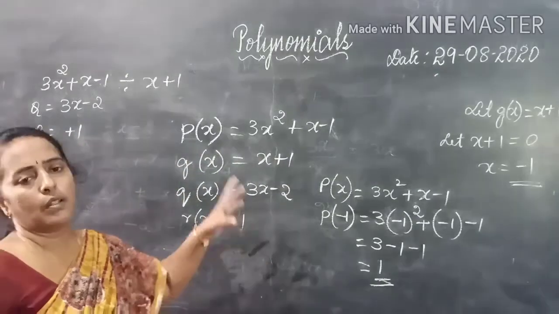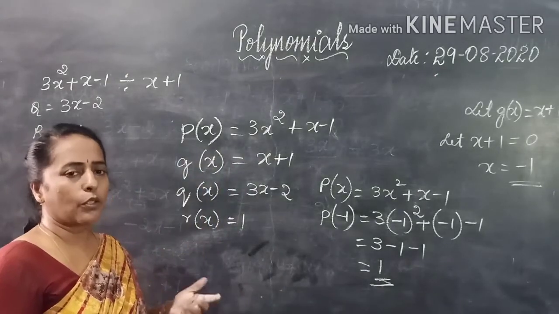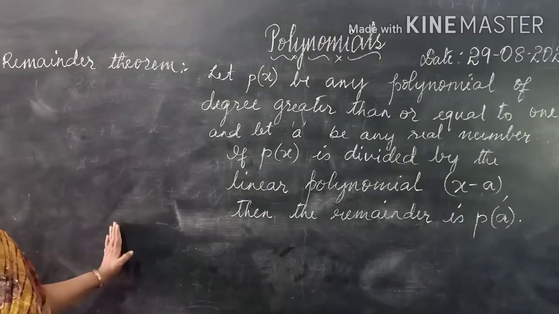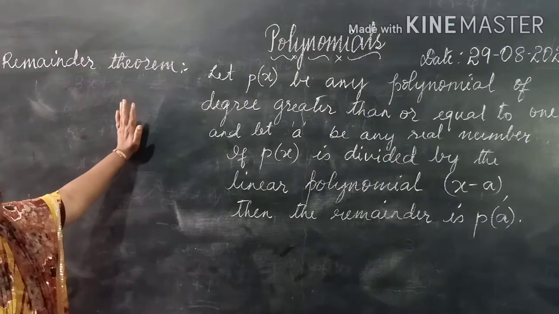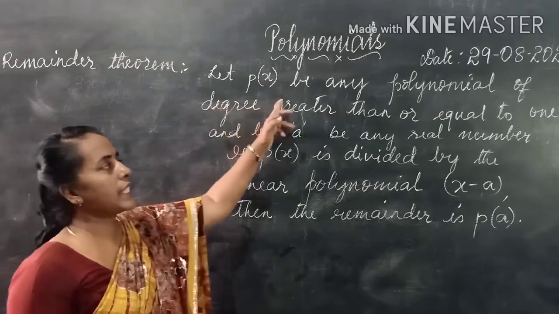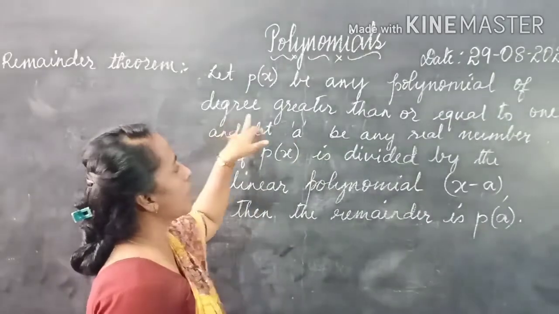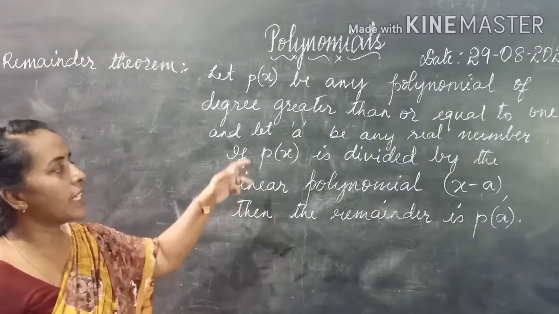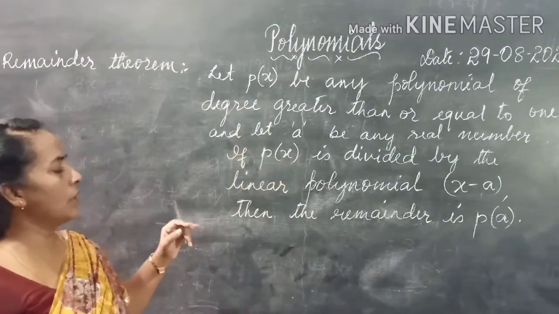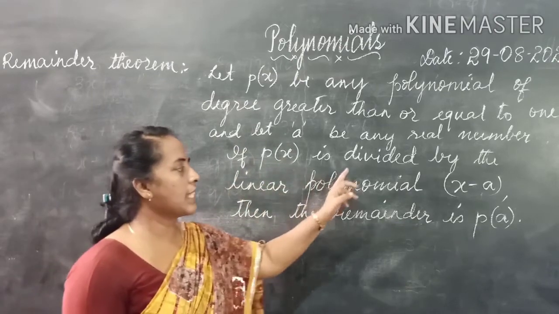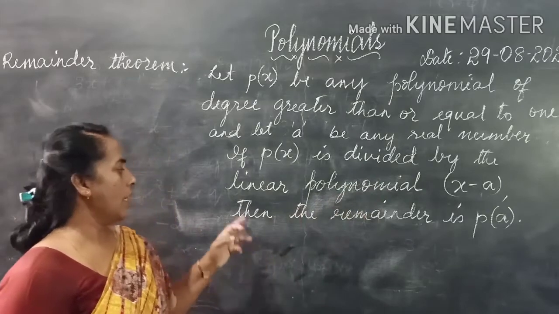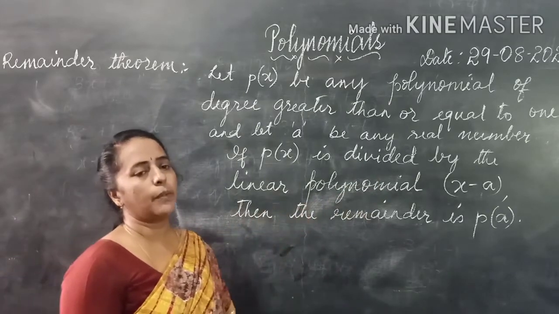That is called the remainder theorem. So let us see the definition of the remainder theorem. Dear students, the definition is: let p of x be any polynomial of degree greater than or equal to 1, and let a be any real number. If p of x is divided by the linear polynomial x minus a, then the remainder will be p of